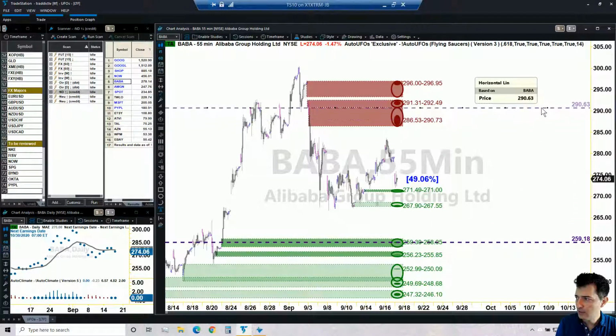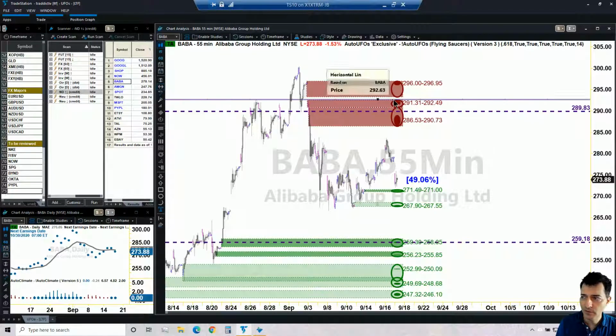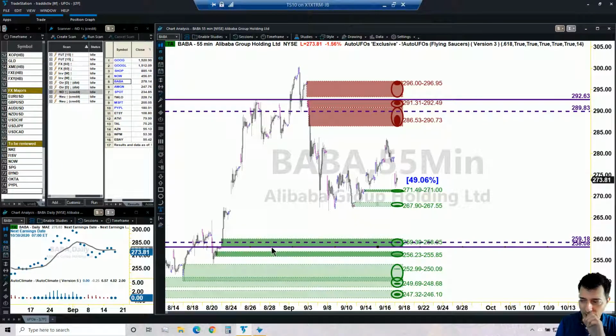So 290 right there. Okay, so the statistics suggest that Alibaba should remain in the range set by the dotted lines from now until September 25. Okay, and with this in mind, remember the methodology is asking us to look at least 2 UFOs above and 2 UFOs below. So that would be UFO number 1. This would be UFO number 2. Okay, and if I was to point at below, this would be UFO number 1, number 2. But those UFOs are not beyond the dotted line. Therefore, I need to go for this one. Okay, this is my first one.